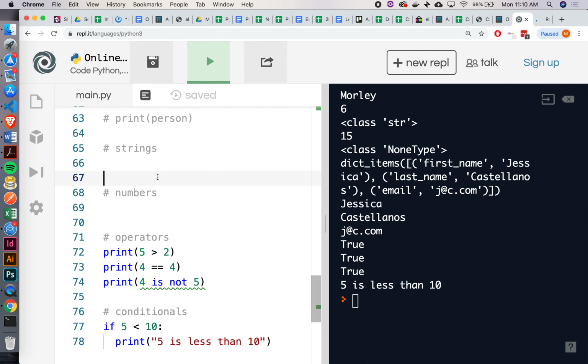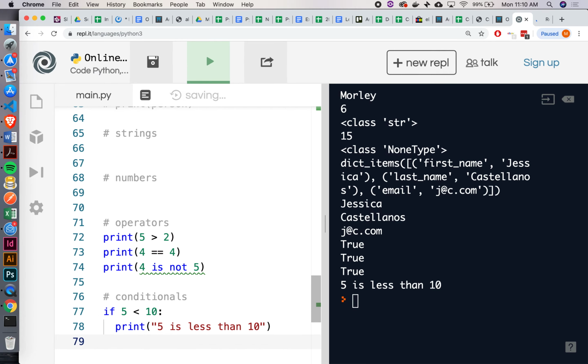Okay, and we got that because that was true, right? What if we want to have an else condition? So this works exactly the same way as you guys have seen. The syntax is slightly different because we're not using curly braces, right? We would say else